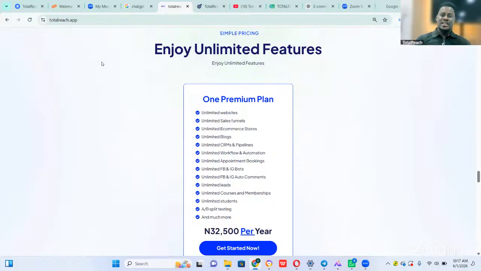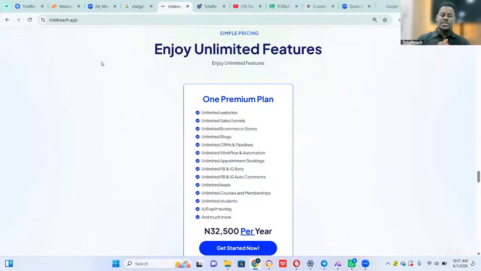And that per year gives you the opportunity to get a full stack product, not a diluted one. Some people be wondering, why am I getting it for this price? And will I be able to get all the tools that are inside the Go High Level? Yes, you'll be getting everything without anything diluted, without anything limited. Do you understand? So as you can see on my screen, for you to get this plan, you'll be getting